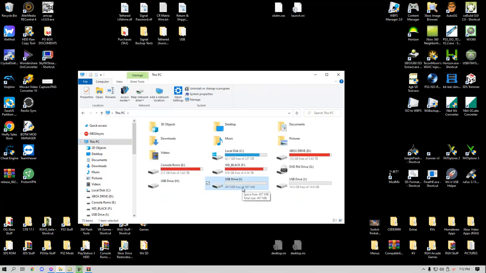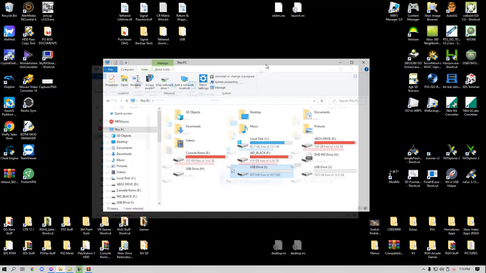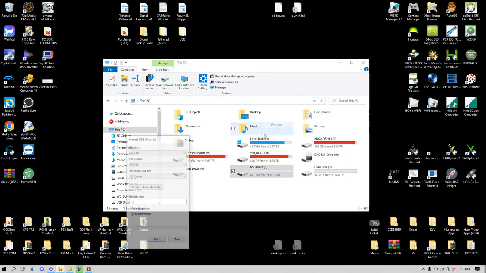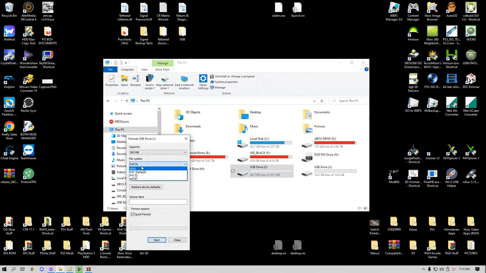It's only 500 megabytes. Like I said, I'm not going to use this USB for anything else, but specifically to switch when I want to play the OG Xbox games. You're going to need to format the USB to FAT32. And if you don't get the option right here in Windows, if you only see NTFS and exFAT, then what